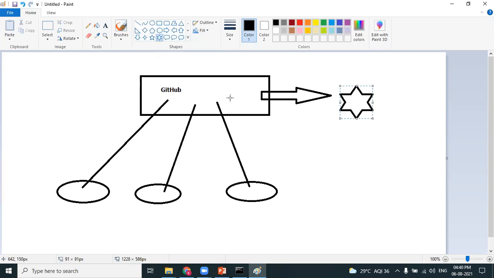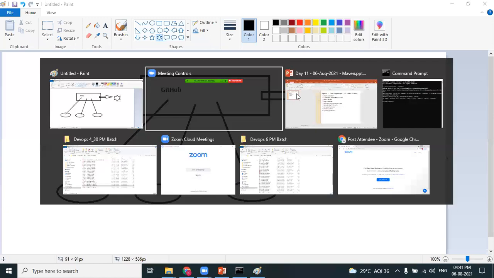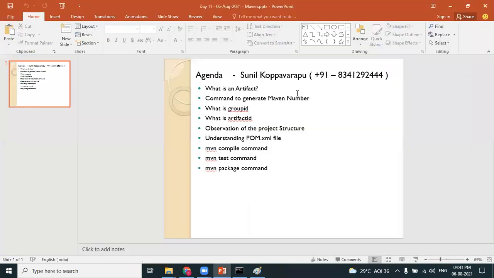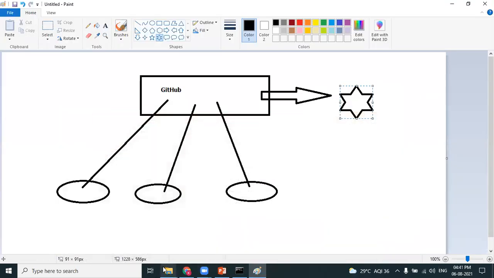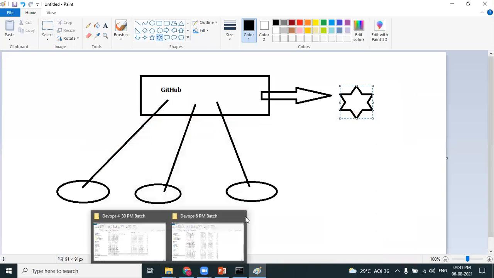We know that we use build tools for packaging source code and generating an artifact. So let's experience it. We have already installed Maven on our personal laptops. Let's experience the concept of building an artifact. A developer needs to follow a step-by-step process of building an artifact. Now we'll be experiencing that process.